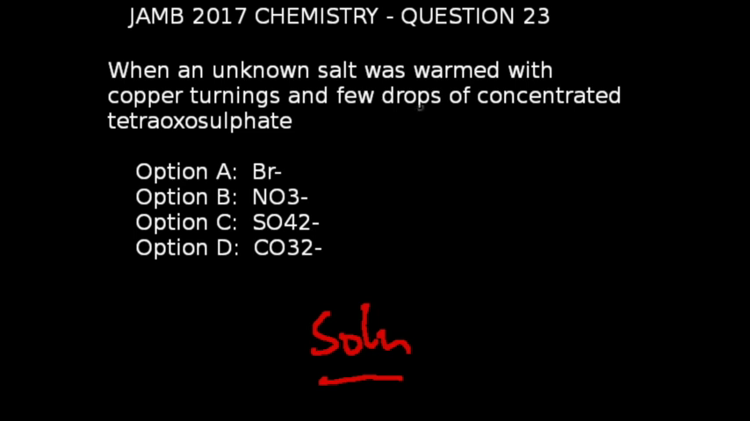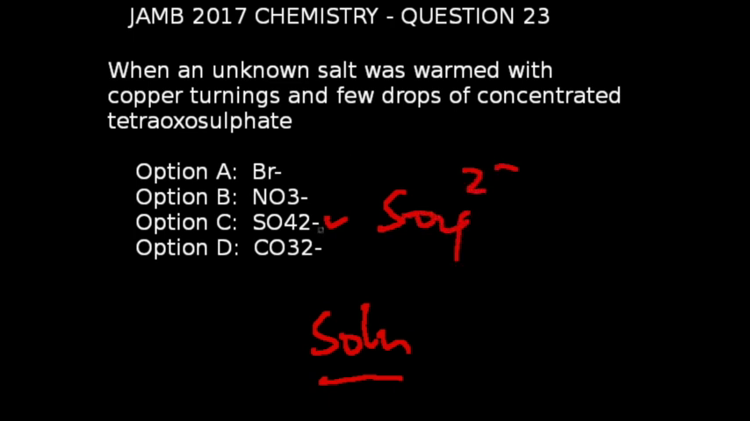JAMB 2017 chemistry exams, question number 23. When an unknown salt was warmed with copper turnings and few drops of concentrated tetraoxosulphate 6 acid, which of these ions will be obtained? The correct answer is option C,